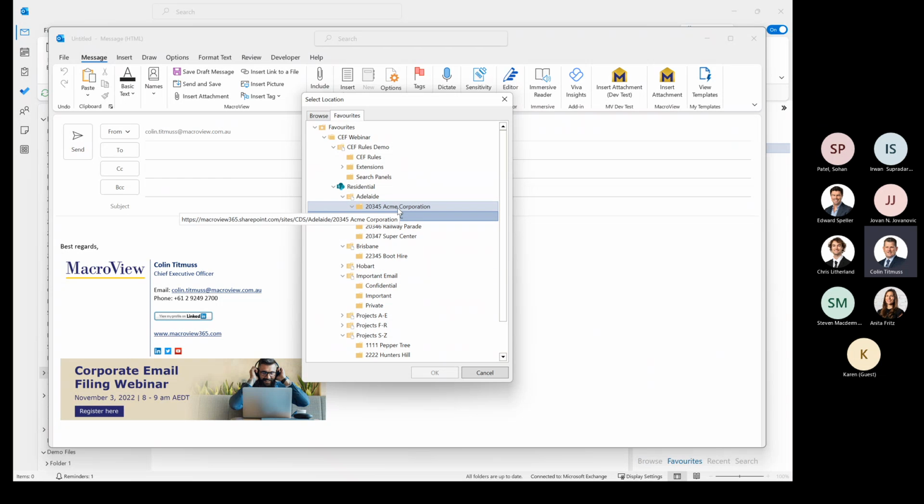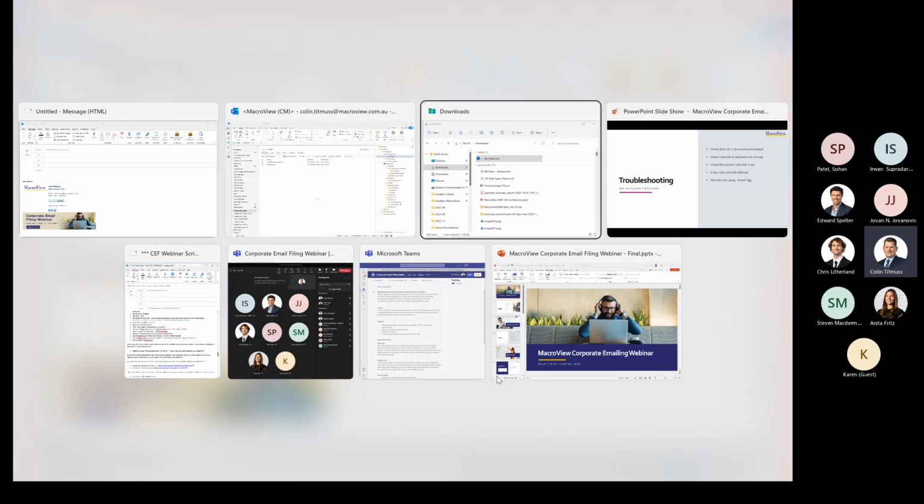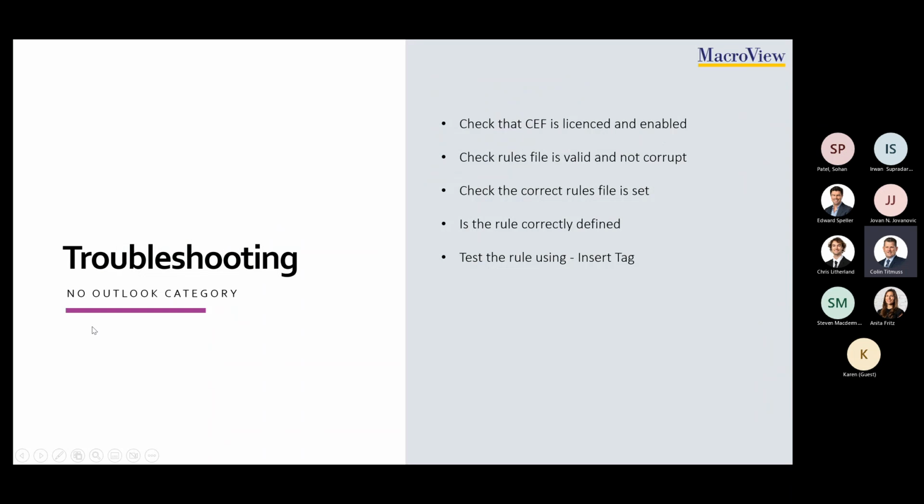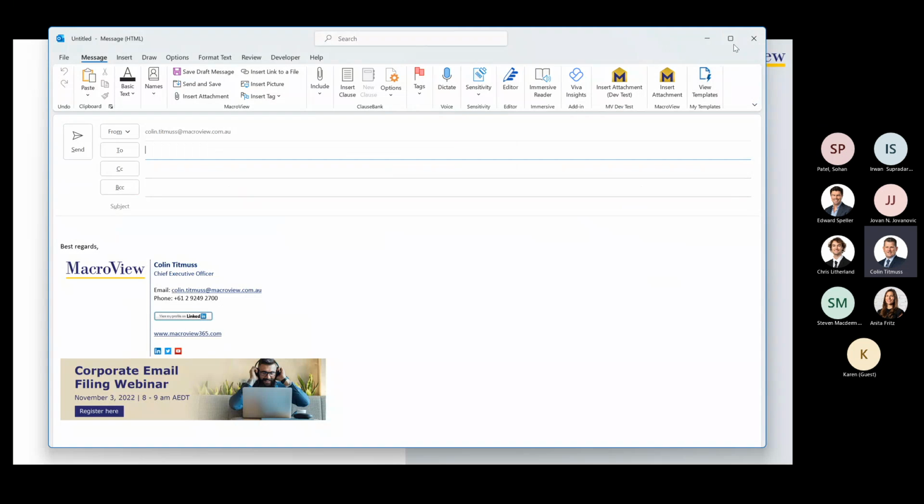So that's a good test, and you can test that immediately because it doesn't rely on any search index or anything. So just Alt Tab across here. Next, I've said you should test it in the rules builder again, and then if all else fails, capture a trace file, which you can just do in MacroView